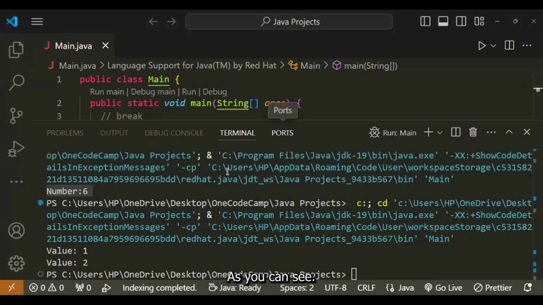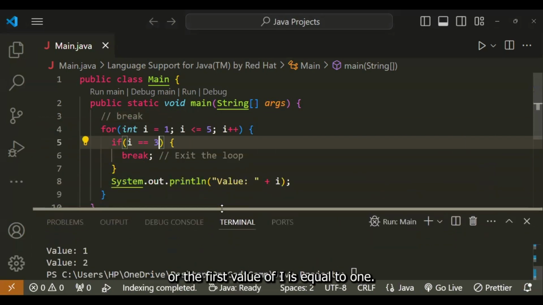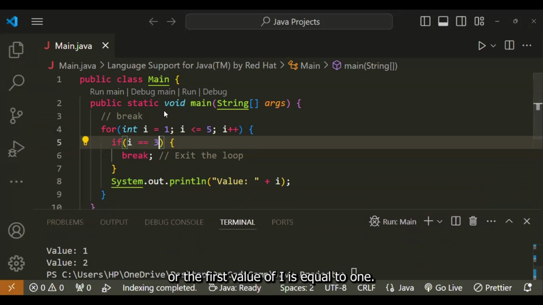As you can see, the current value or the first value of I is equal to 1. Since I is equal to 1, we will check the condition next. Is 1 less than or equal to 5? Since that condition is true, we will run our line of code,